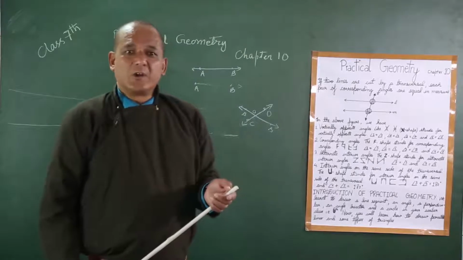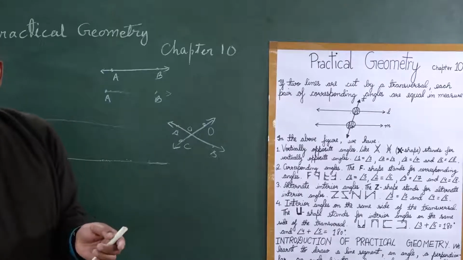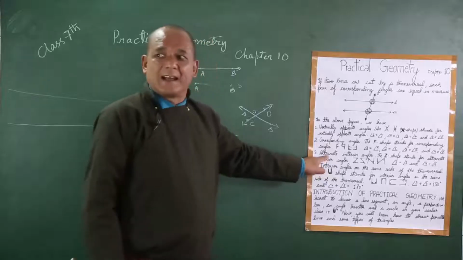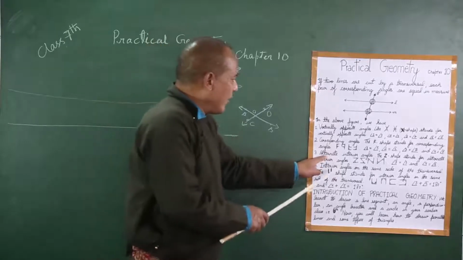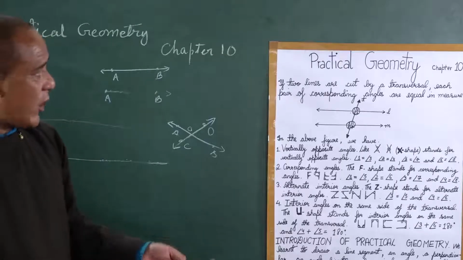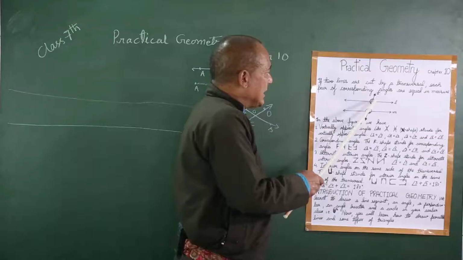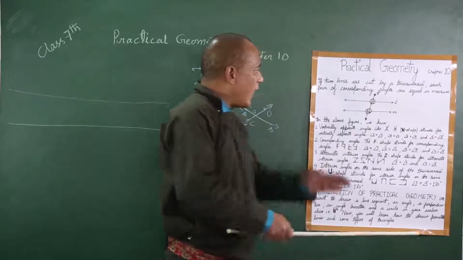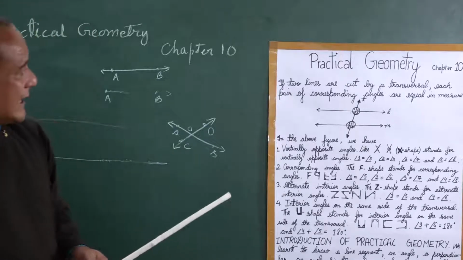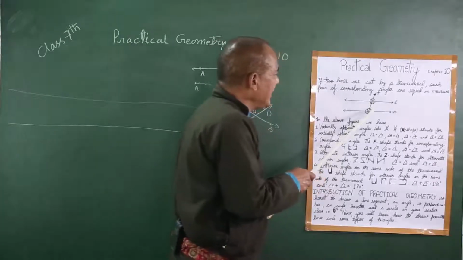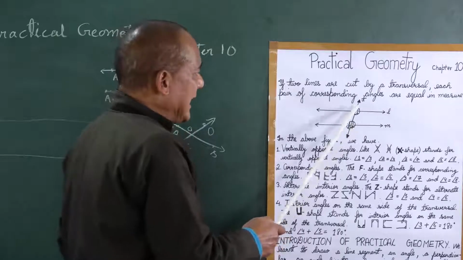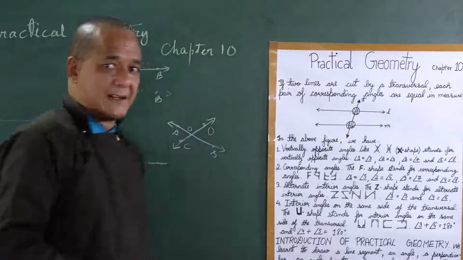Now, when you are talking about interior angle, we talk about two things here. One is interior angle in case of alternate angles, and the other is interior angle in case of angles on the same side of the transversal. There are many angles: 1, 2, 3, 4, 5, 6, 7, 8. All these are angles on different sides of the transversal. But on the same side of the transversal, you have 2, 3, 6, and 7. On the other side, the left hand side of the transversal, are angle 1, angle 4, angle 5, angle 8.